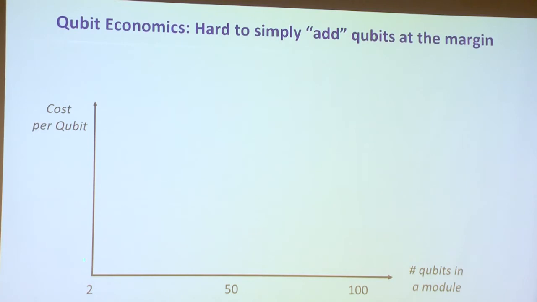Depending on the physics of your system, this is sort of an economic diagram. How much does it cost per qubit versus the number of qubits in your system? I would argue that pretty much any physical system I can think of will have a curve. Maybe it doesn't look exactly like this, but it starts out at some finite cost. 1 is not interesting, because you can't do entanglement. 2, just to get on the table, to entangle them is some expense. But to go to 3 is significantly more, because there's crosstalk you have to deal with and so forth. But there's probably going to be a sweet spot. If you have 40 qubits, why not have 41? How could that cost